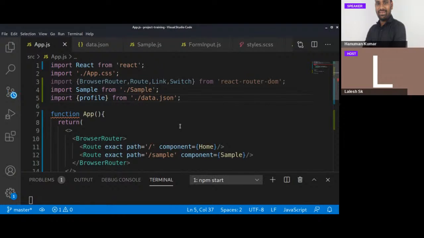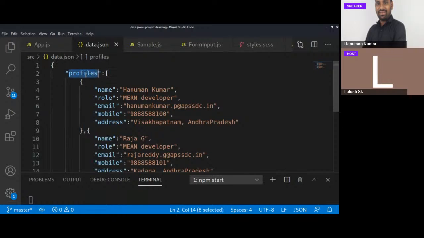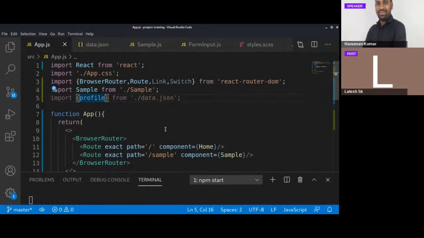So we just imported this. Import profile from the data.json because we need to get information from this profiles. No, it's a profile, so we just used profile. So we have to use profiles here also. Profiles. So let me call this function. Let me call this profiles